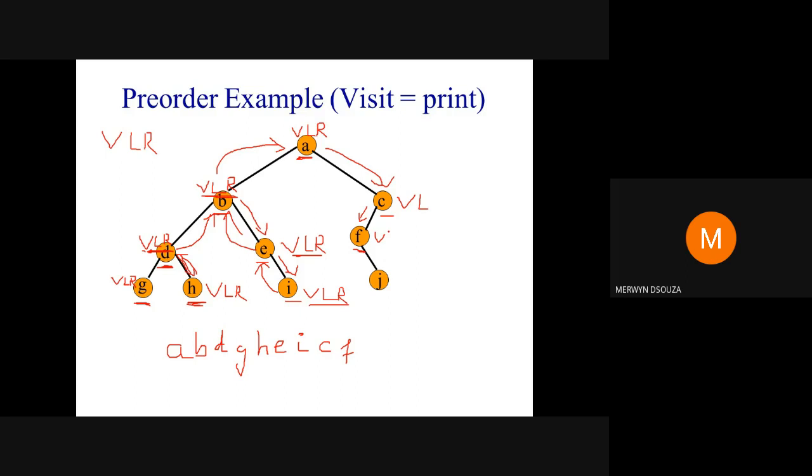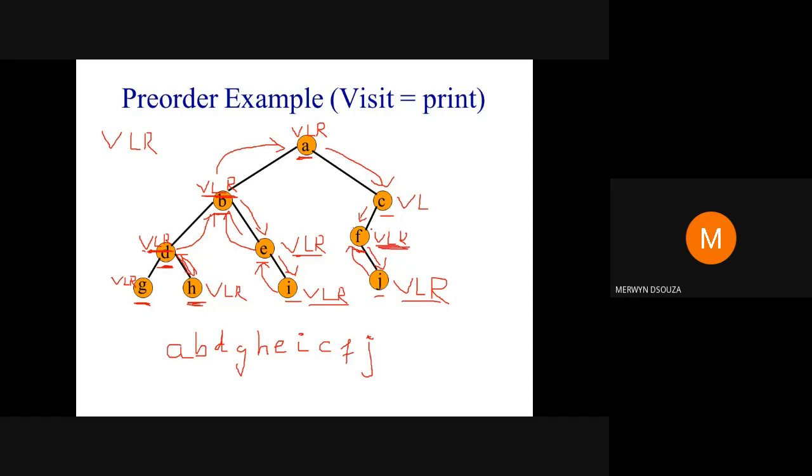You try to go left. Can't go left. Then you will try to go right. Can you go right? Yes, you can go right. Okay. So here, when you go to the right, you reach a new node. So you will say visit. You will try to go left. Can't go left. So therefore, you will try to go right. Can't go right. Okay. You have done all the three steps. So you will go back. Check any steps are remaining. No, all three steps are done.